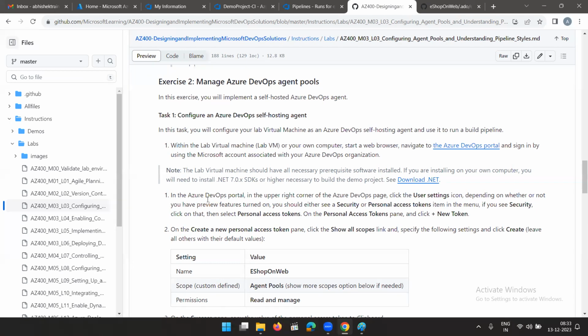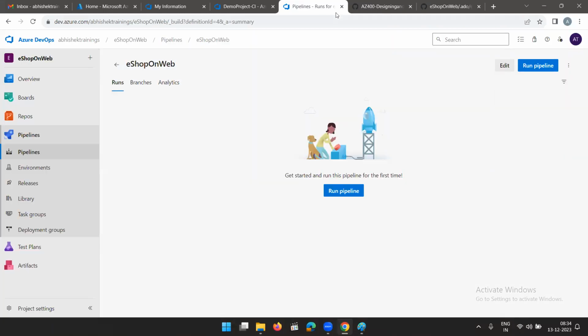In the Azure DevOps portal, in the upper right corner of the Azure DevOps page, click the user settings icon. Depending on whether or not you have preview features turned on, you should either see security or personal access tokens in the menu. If you see security, click on that, then select personal access token. On the personal access token pane, click new token. Now, if you go here,